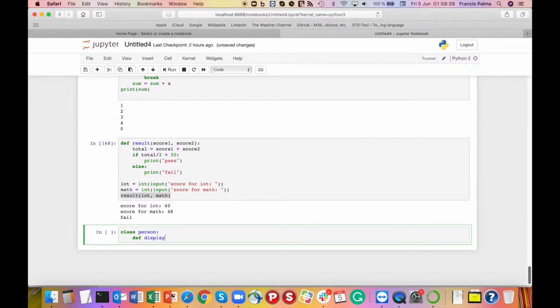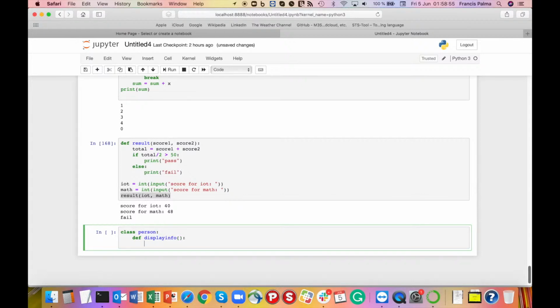So display info, and in the display info method I have to put a colon. I want to print the name and age,